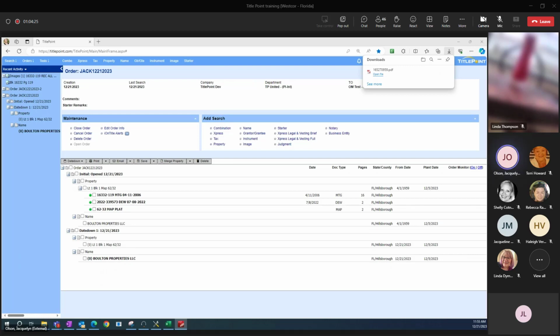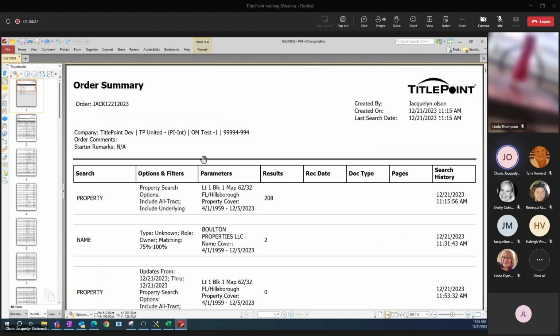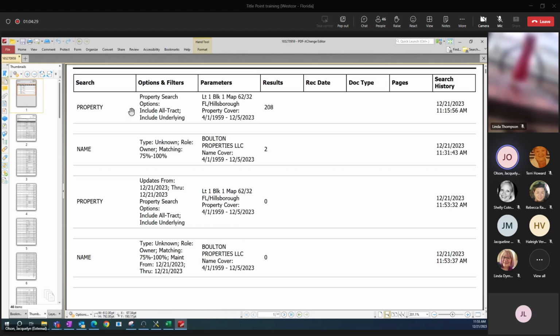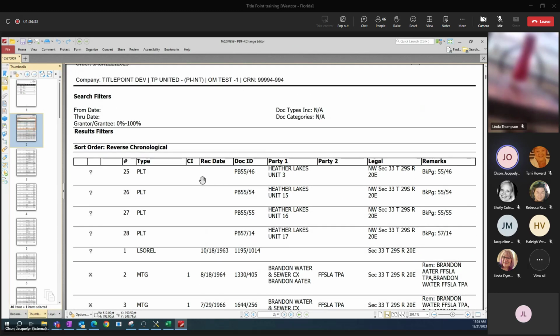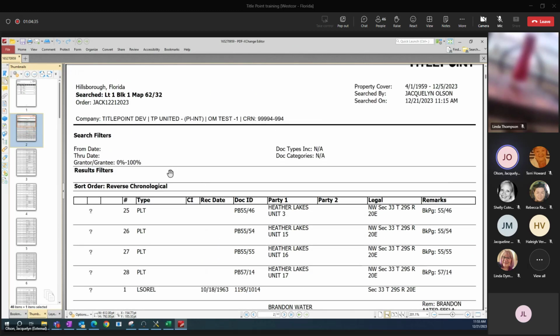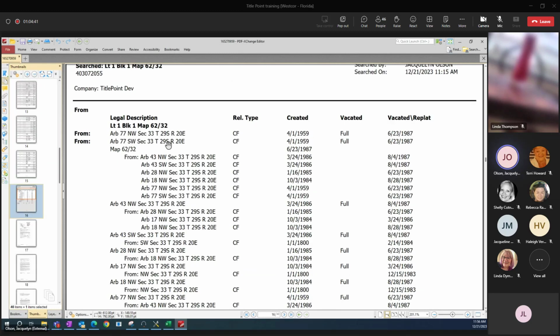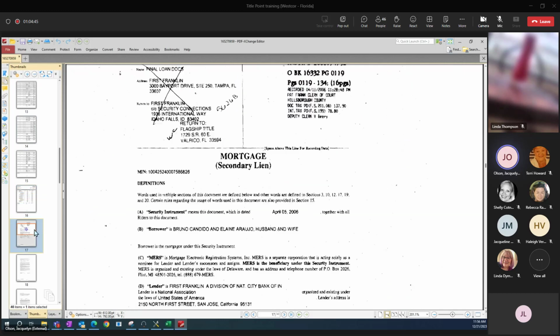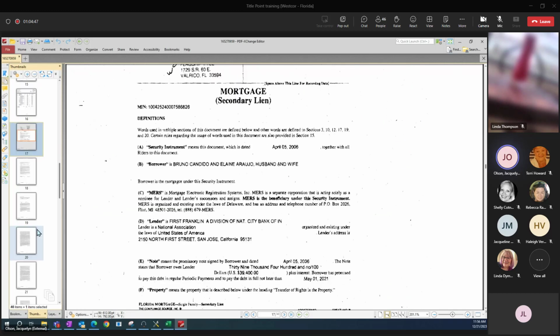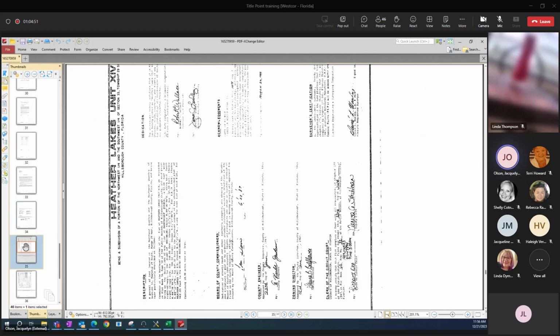And I'll just show you an example of a search package here. So we've got my order summary. I can see everything that's in my order, my property results. If there's any filters applied, they will show what filters are applied here. Let's see, we have my property history, which also prints, so you can see all those underlying layers, any documents that were retrieved, and also a plat map,